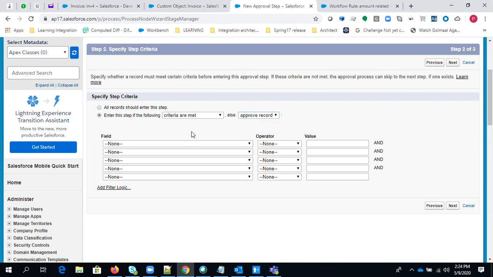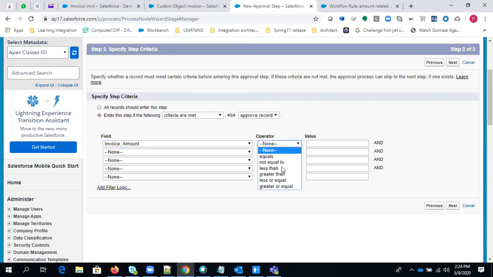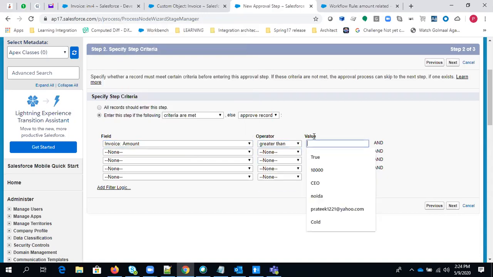So let's say if the amount is greater than 10,000, then this particular record will not go to this approver, it will be automatically approved directly. So this approver doesn't have to go manually and approve the record. The system will automatically skip this particular step, and the record will be shown as approved for this particular approver.